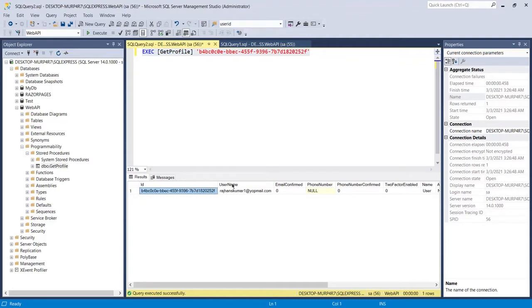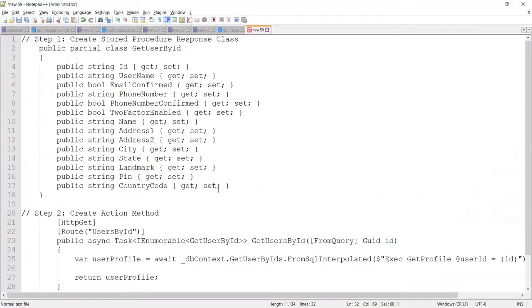So let me go to the notepad. So here it is, the first step is we need to create this class, GetUserById.